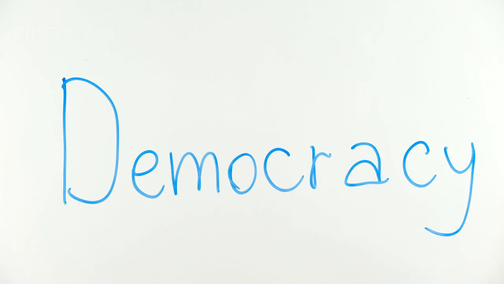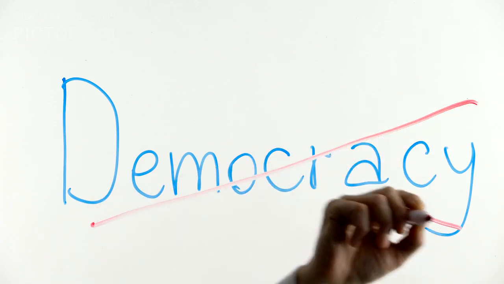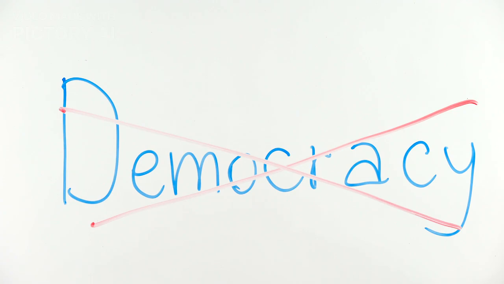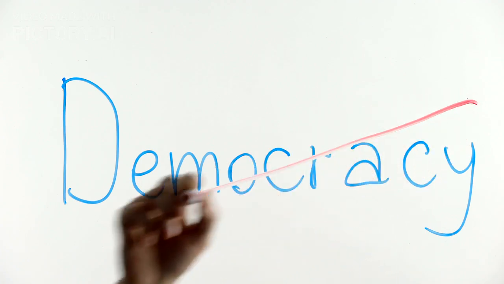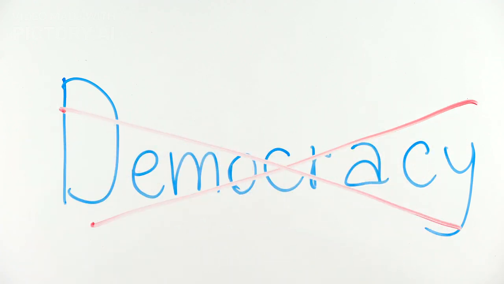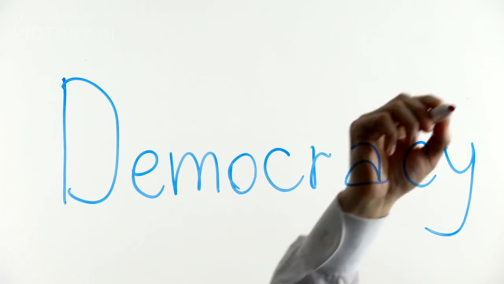In the end, democracy isn't about mathematical perfection. It's about finding a system that works well enough for society's needs, while acknowledging that no system is perfect. And maybe that's the beauty of it. It's not flawless, but it allows for growth, change, and the possibility of a better future.